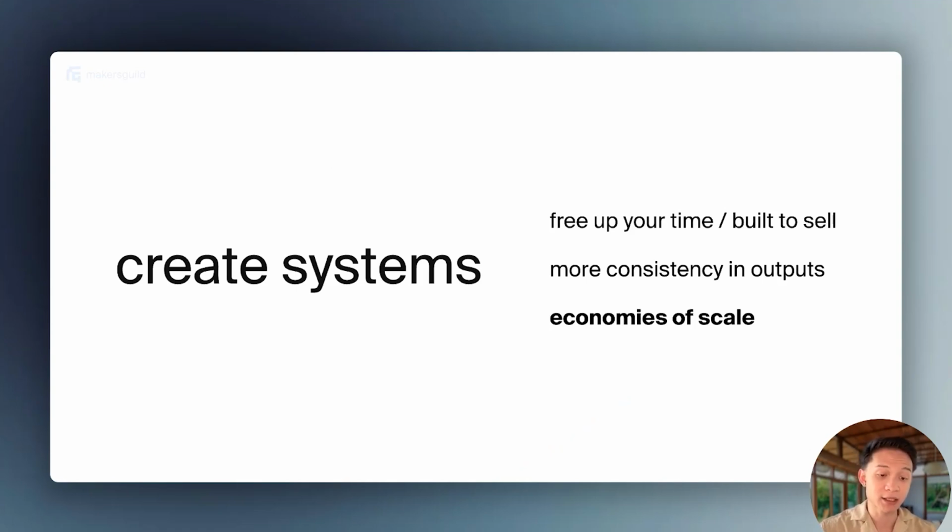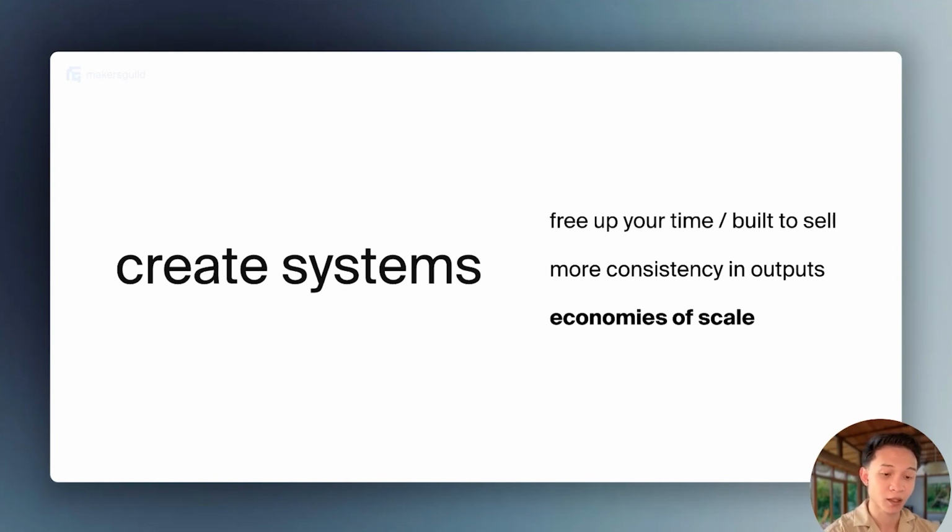The last benefit is economies of scale. Really, when you want to talk about scaling, it's all about being able to grow a business without your costs increasing in the same percentage, right? So while revenue increases this way, costs should almost stay the same, and I think that's where scale comes in. And when you create systems, it allows you to do that. You start to replicate yourself. You start to replicate the people around you, your team members, your roles, and that's where the beauty of AI